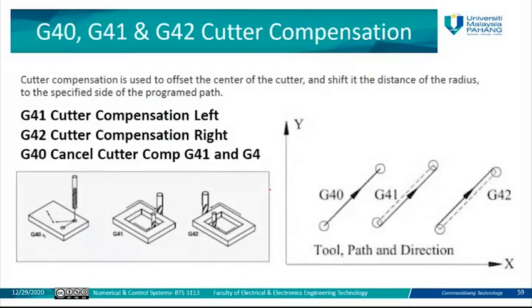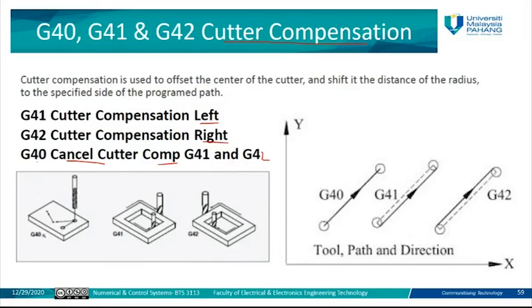This part for the G40 and G41 and 42, the cutter compensator, we already mentioned in chapter 4. So just here, again, we go with one example to show what's the difference between the three codes here. For G41, which is cutter compensator left, G42, cutter compensator right, G40, cancel cutter compensator, for either G41 or G42. This one is 42, okay? So what's the difference here? For G40, that means we do not consider